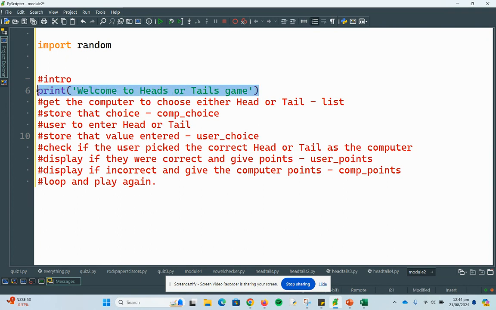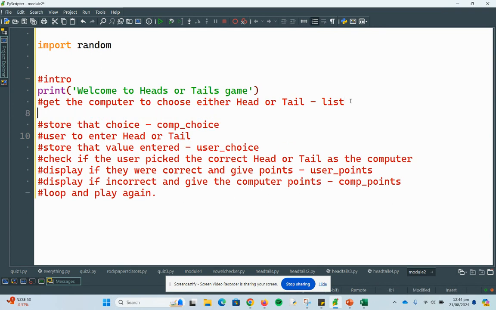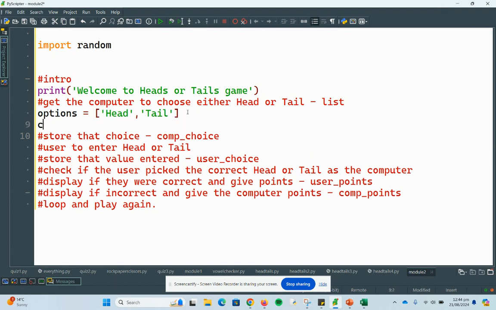This would be at achieve level, and now I can get the computer to choose a head or tail. So let's make a list. I'll call it options, and I'll put head and tail in it. Okay, and now I'm going to get the computer to randomly pick one